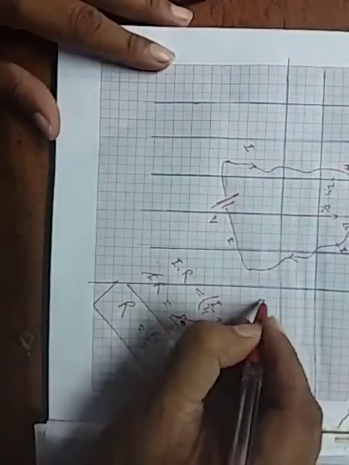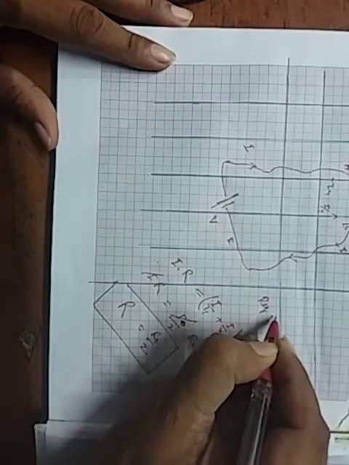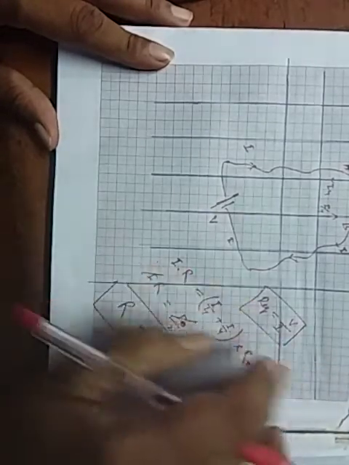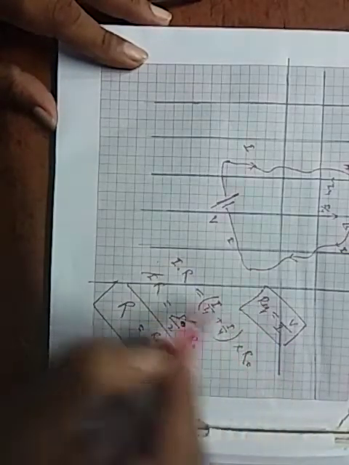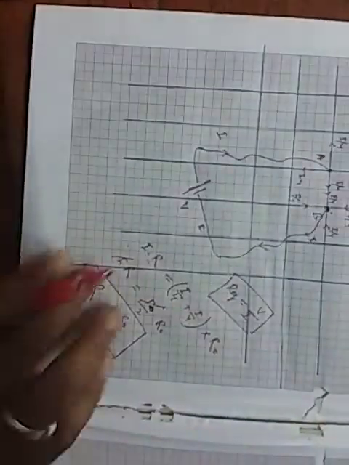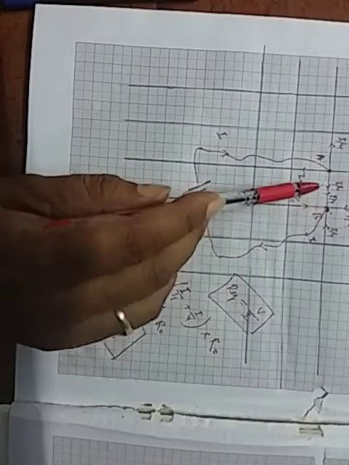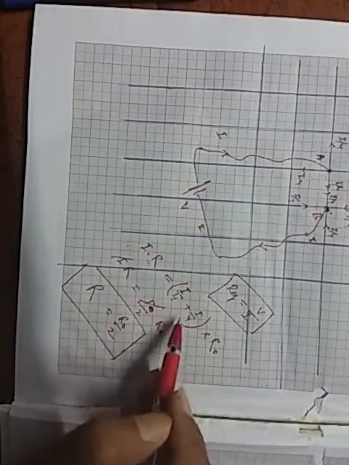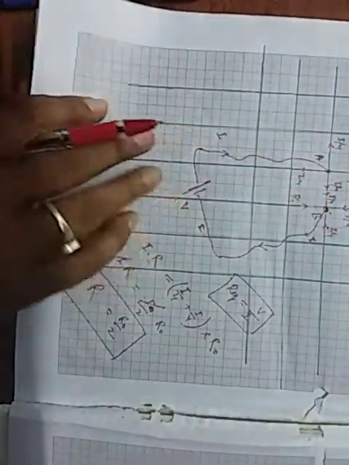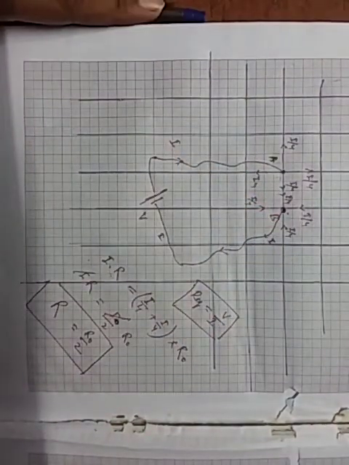Your R equivalent is V by I, so V is equal to I into R equivalent, where R equivalent is the R given in the question. This must be equal to the potential drop across the length AB, which is I by 4 plus I by 4 into R naught, where R naught is the resistance of each branch. So I hope you understand. It's a beautiful problem.